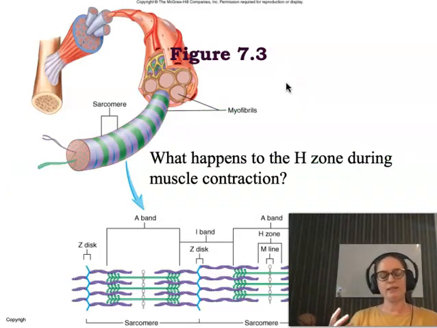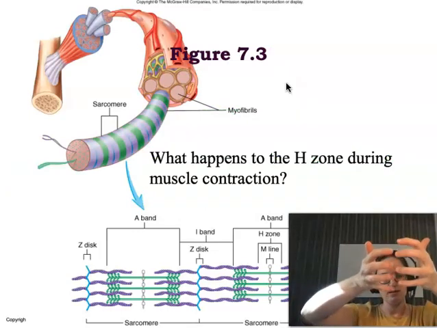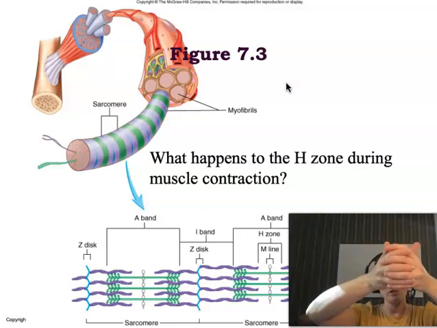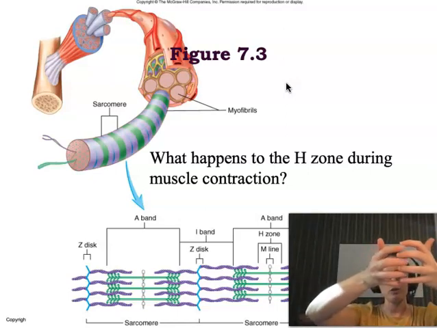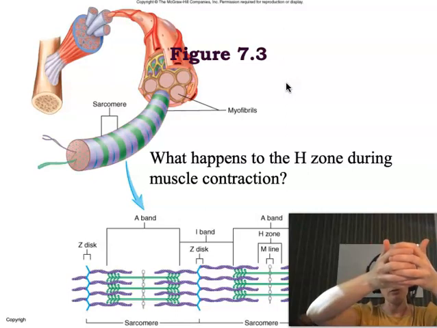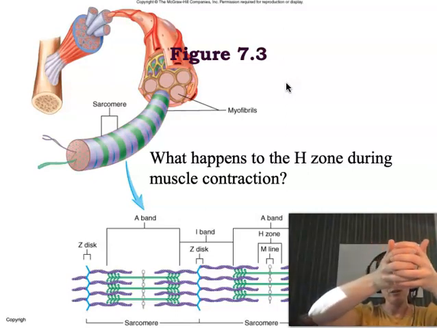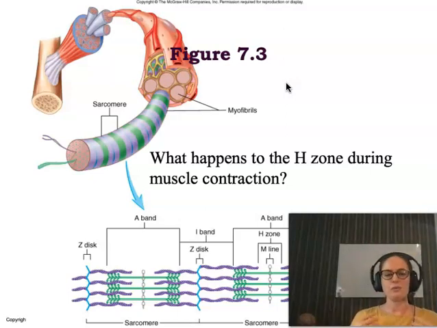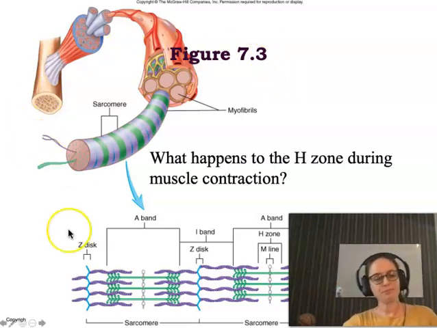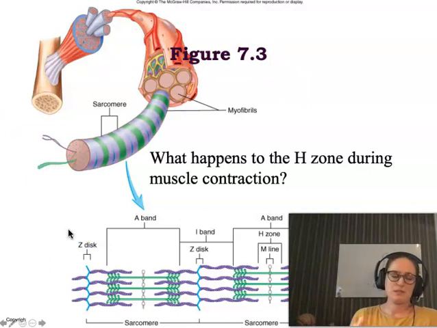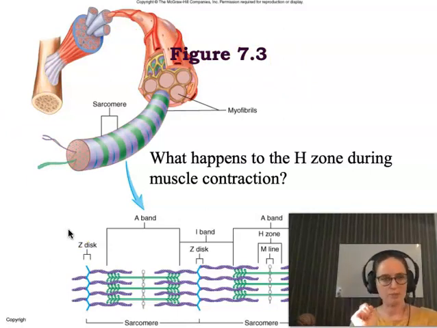Now, our goal here is to get the sarcomere to shorten. That's what contraction is. It's a shortening of the sarcomere. So what we're going to do is pull the ends of the sarcomere towards the midline. This is kind of a histology thing. Remember the striations in our histology of skeletal muscle fiber? We actually have specific letters for each of those light and dark bands that we can see and appreciate